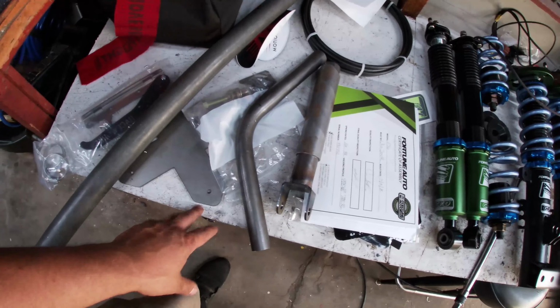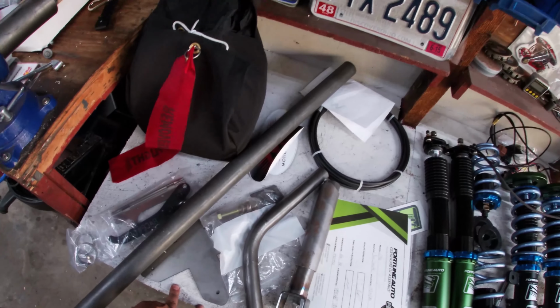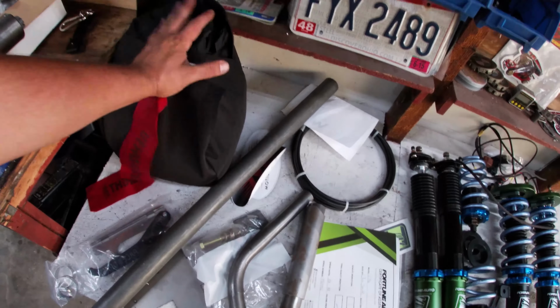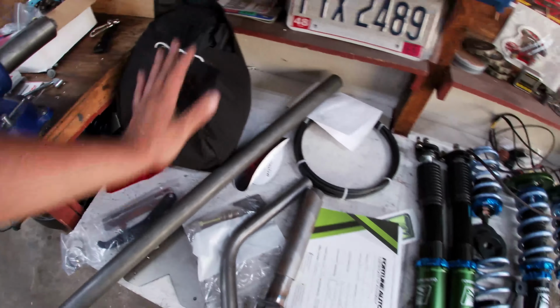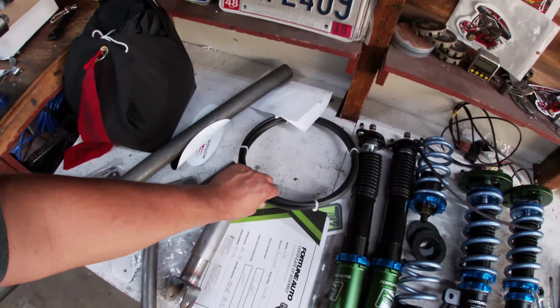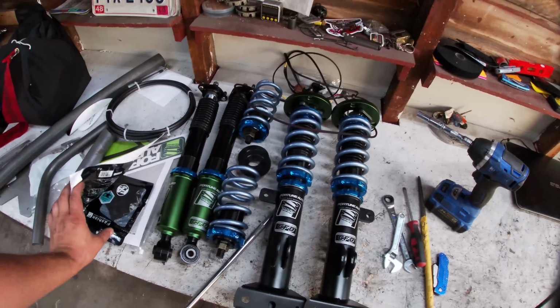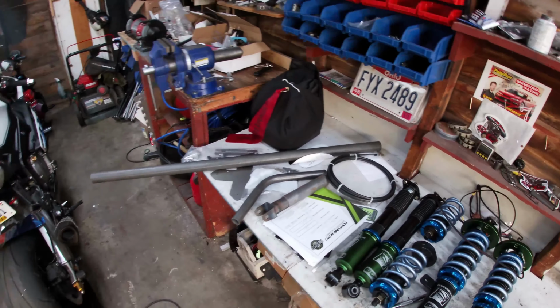But I think right now I'm going to get started with the Motion Raceworks parachute kit. My wife actually got me that for my birthday, which was pretty awesome of her. So it's right here. It's a universal build your own kit, so there's lots of cutting, lots of welding, all kinds of good stuff like that. And I got the parachute right in here. I've never had anything with a parachute before or ran it, so I don't really know how we're going to. There's some instructions online to give you a general idea,